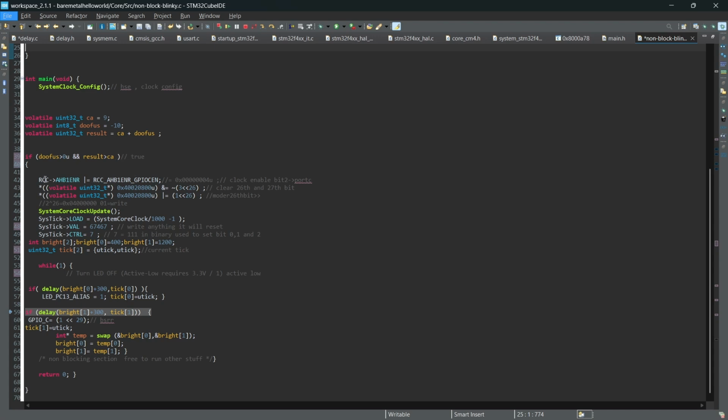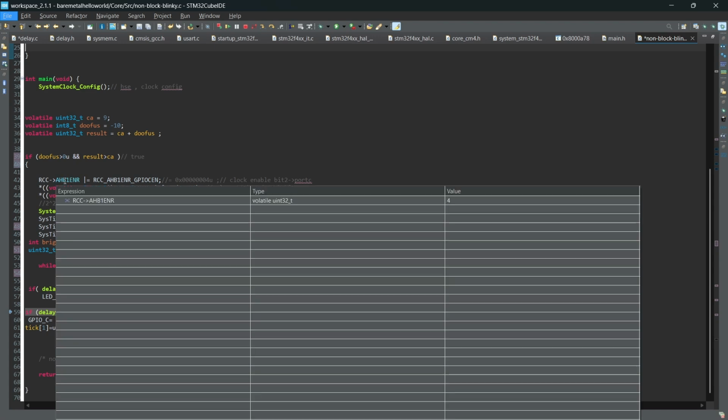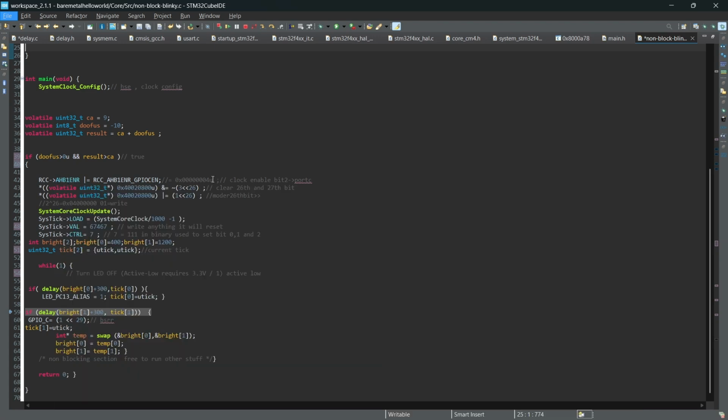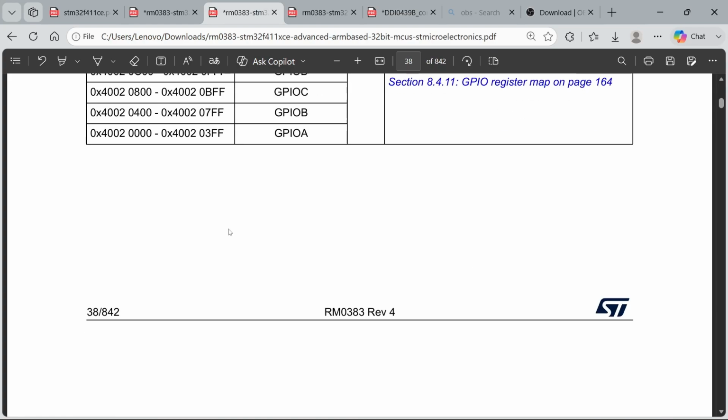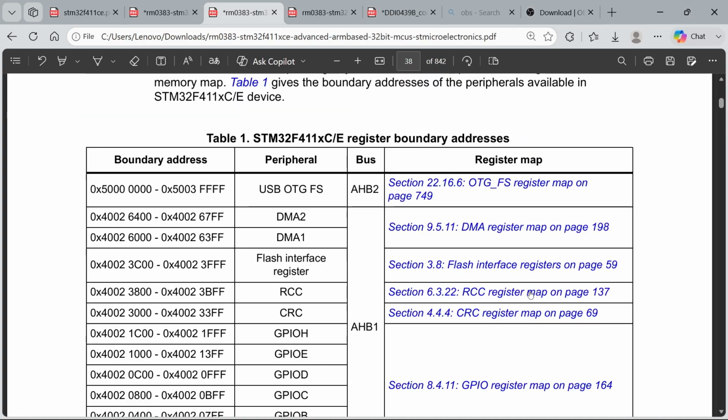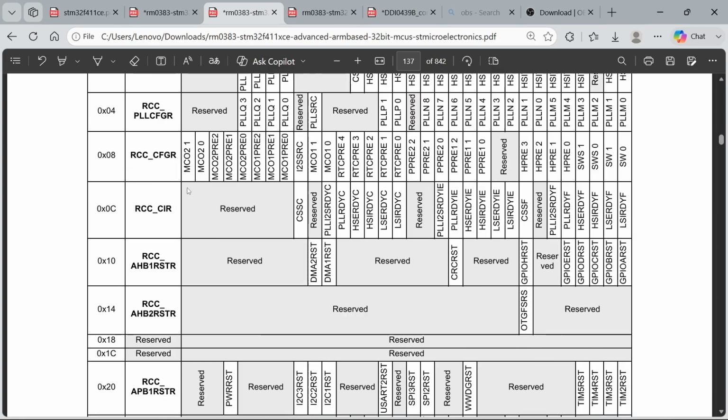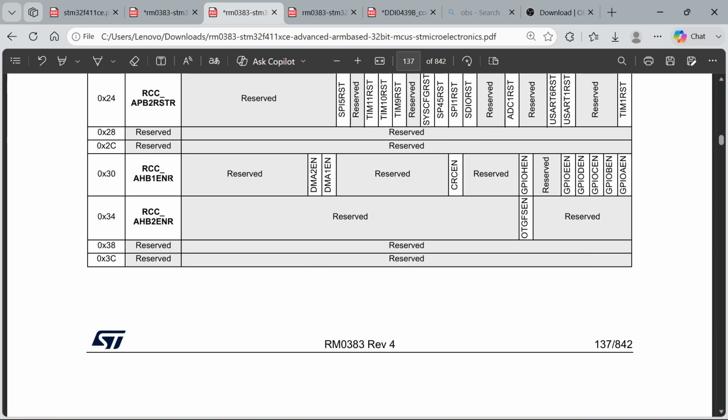Now we have the RCC, which is set to high speed bus 1. We need to set this 0, 1 to the second bit to turn it on. Let me show you here. GPIO address. We go here, add our offset, this one.